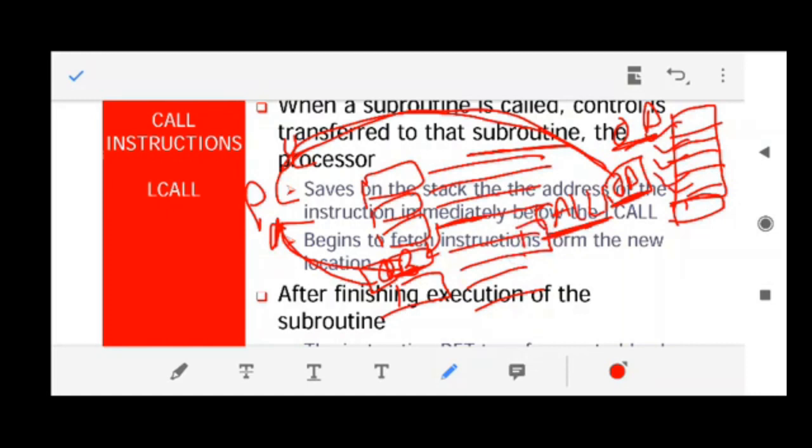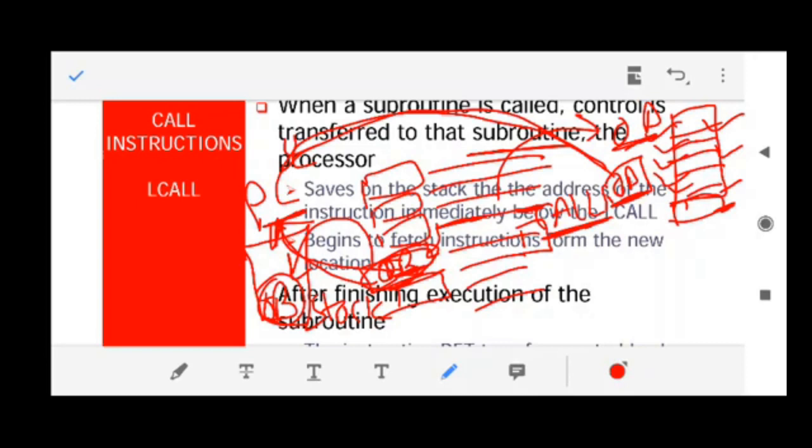Now what will happen? It has to come back to the same location where it has left. How does it remember where it has left? It has left at 0B. How does it remember it has left at 0B? Here you use a particular area of RAM which I have already taught you in your first video lecture. It is the stack of RAM. When you are jumping from this place, you take the content of the program counter, which is the address of the next location. You save that address inside the stack, then you move to the new location.